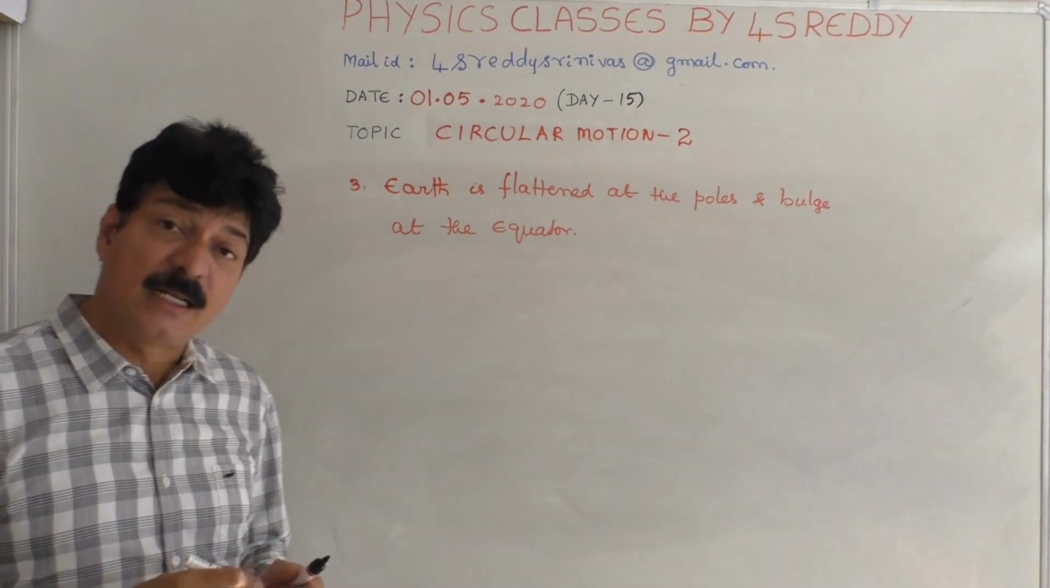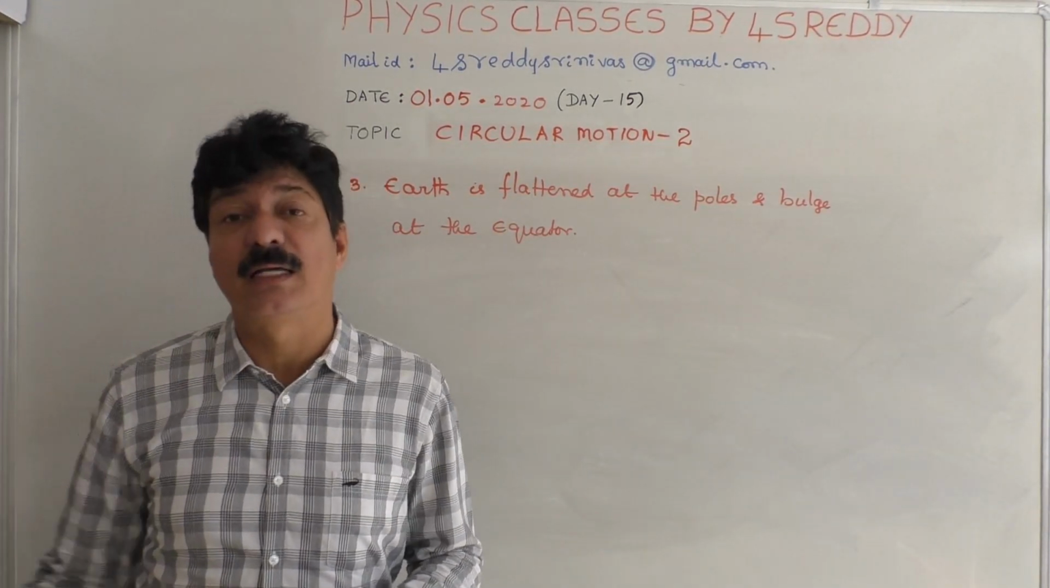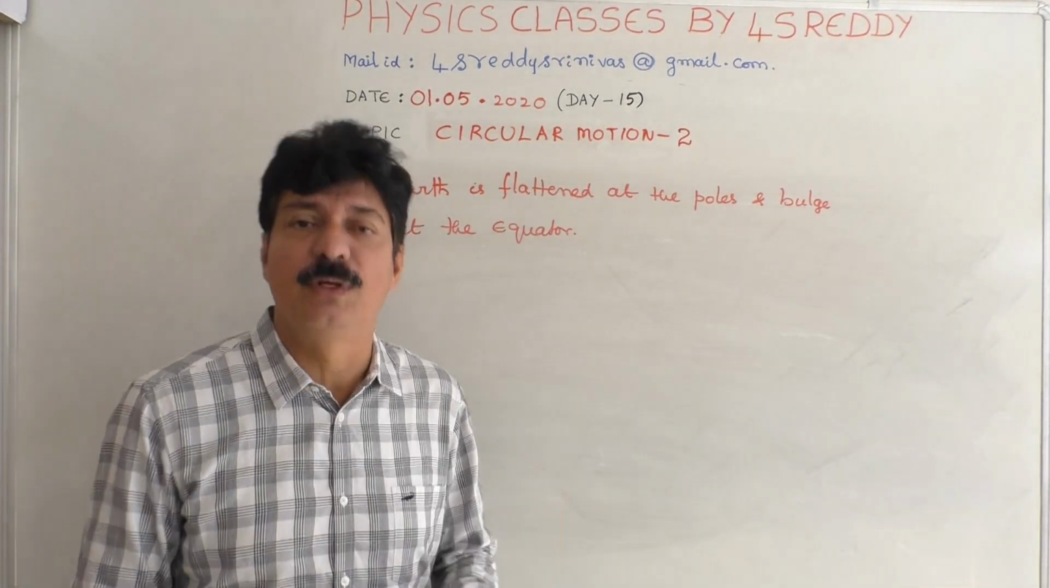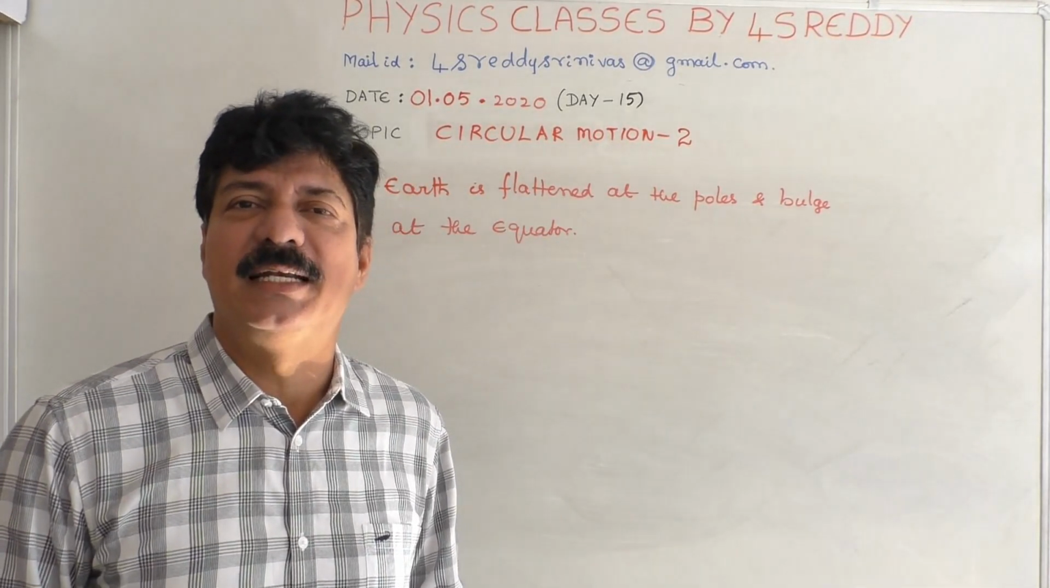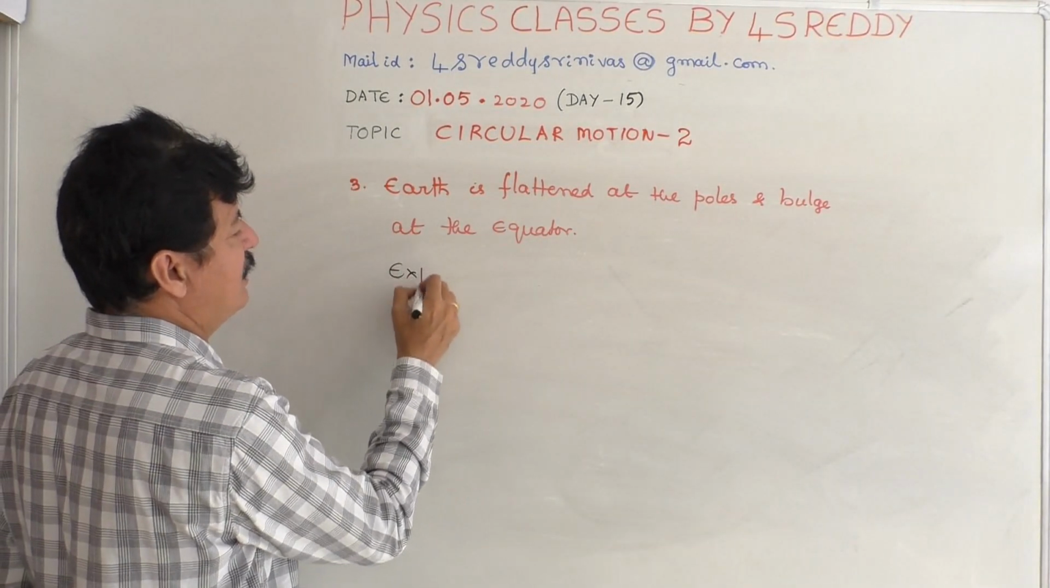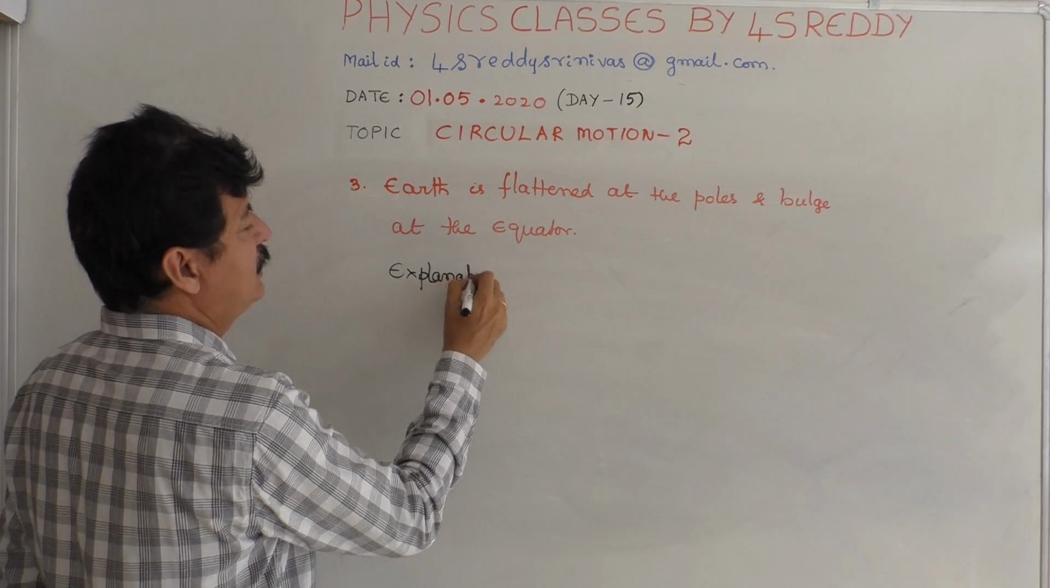Earth is flattened at the poles and bulged at the equator. Can I give an example? How can you say that this has happened? This is also purely due to centrifugal force. That is the explanation you are going to give. Here,